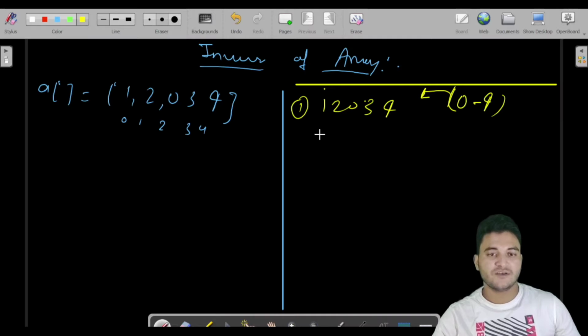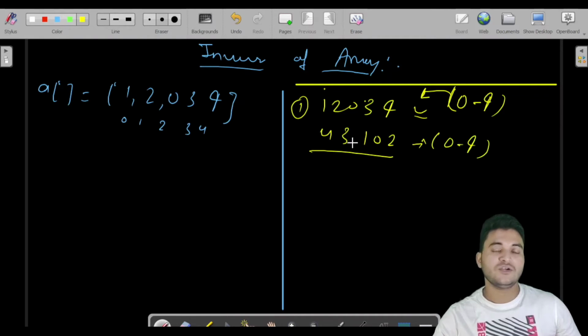That means we have this array of size 5, then 0 would be there, 1 would be there, 2 would be there, 3 would be there, and 4 would be there. So this is a valid array, and let us say you have been provided with 4, 3, 1, 0, 2. This is also valid because every digit is in the range of 0 to 4 and no digit is missing. This is the second assumption.